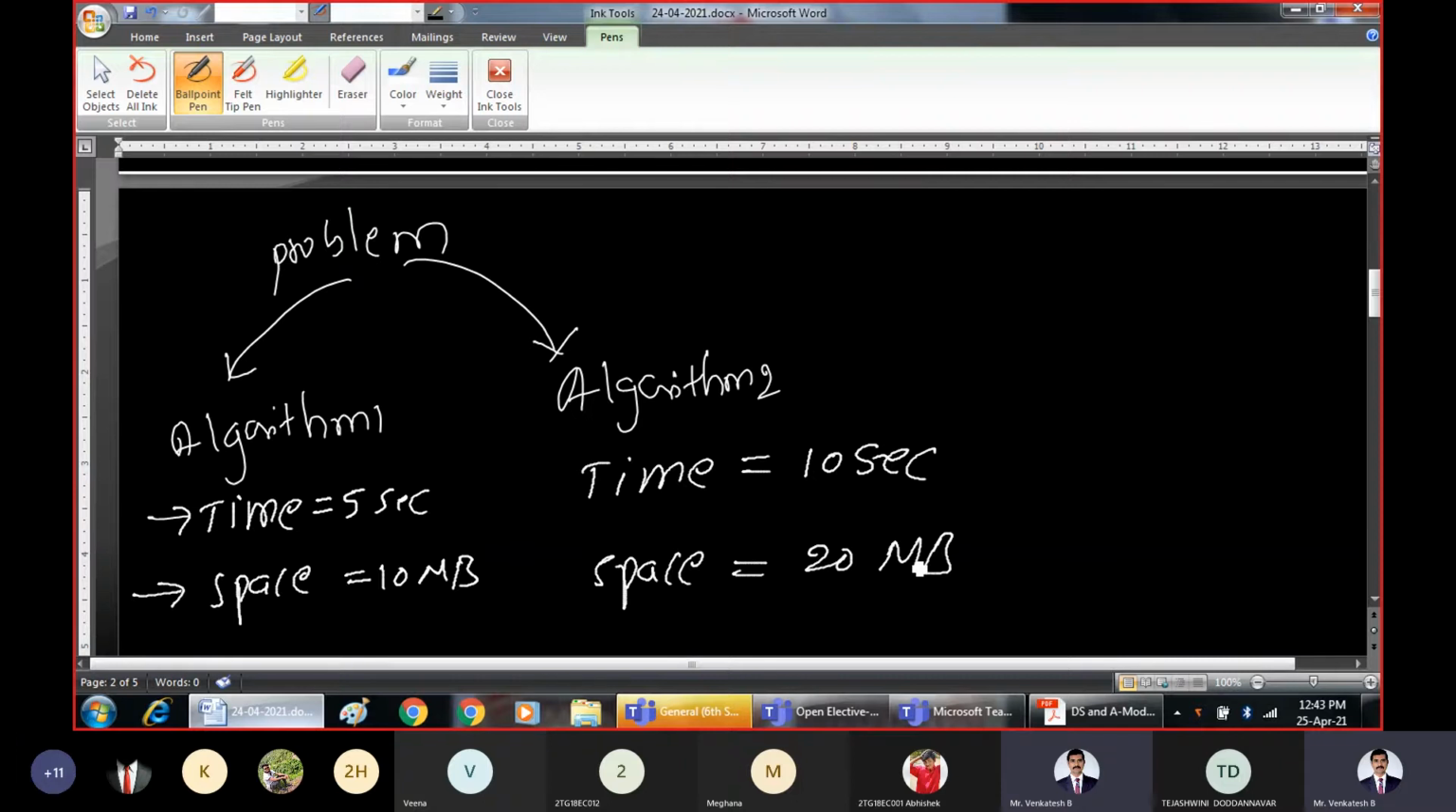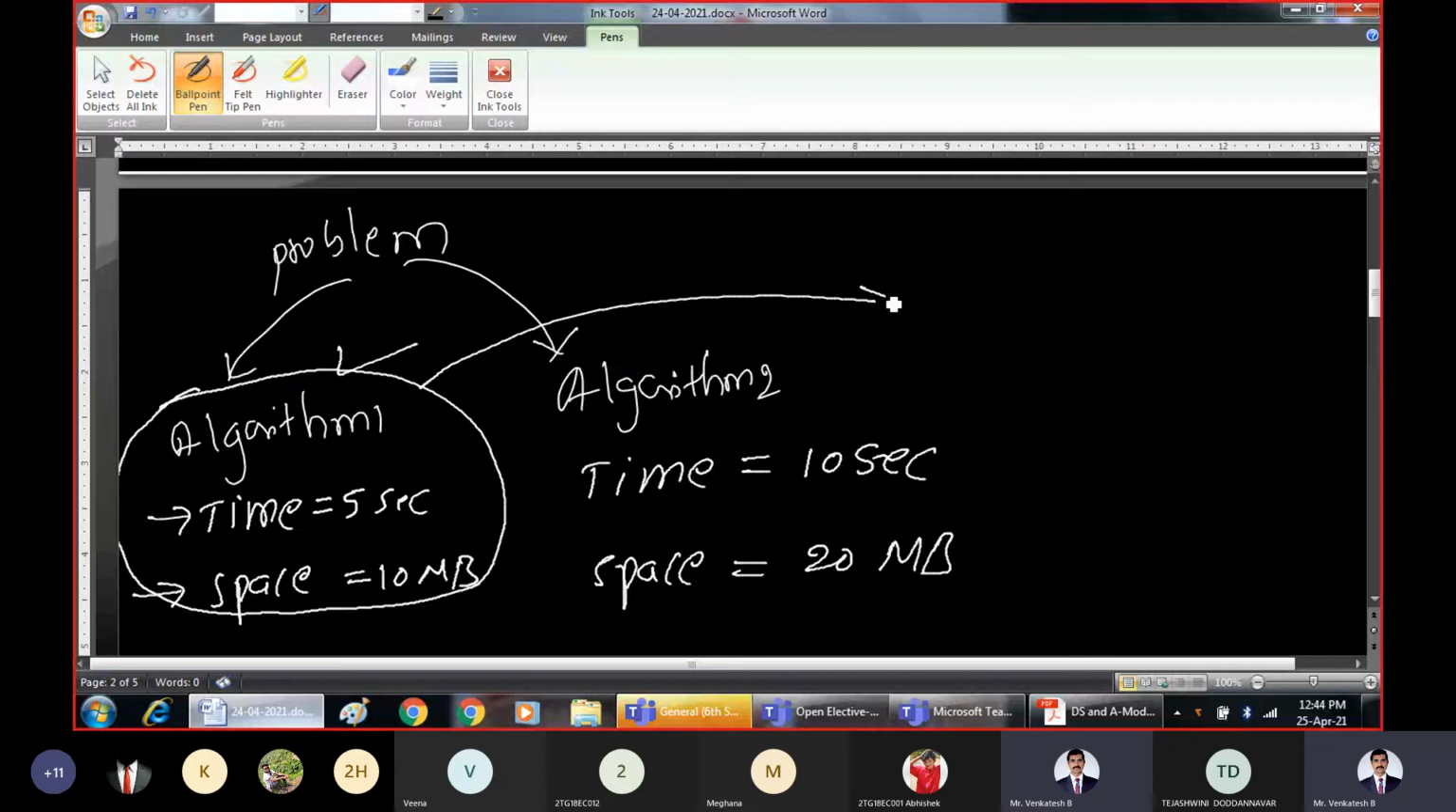Then how do you select the algorithm? Obviously, we are going to select the algorithm which is going to consume less time and less space. That is how we will select the solution to a given problem, and that is provided by the algorithm. So before you write the program, because once you write the program,